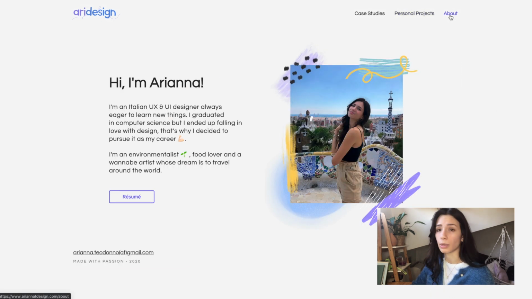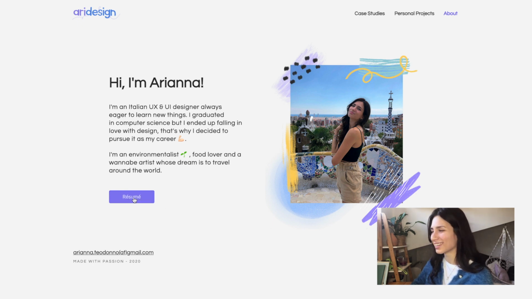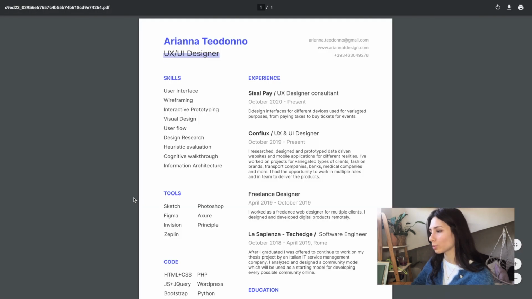The last one is the about section. In this page there is a picture of me when we could travel. I was in Barcelona, and a brief description of who I am, what I like, and there is also a link to my resume that I adore. I made it on Figma and I'm super proud of it.